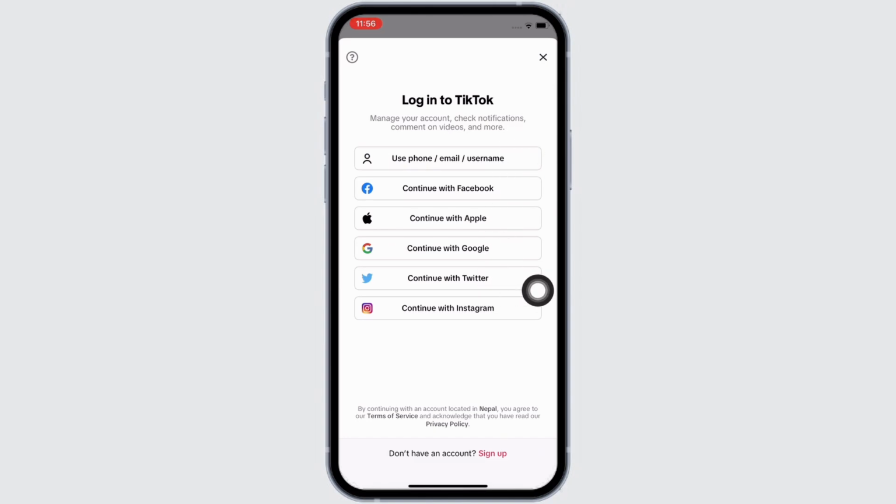You can log in using your phone, your email, your username, your Facebook account, Apple account, Google account, Twitter account, or your Instagram account. I will log in using my username. So if you are also logging in with a username too, then tap on the use phone, email, or username